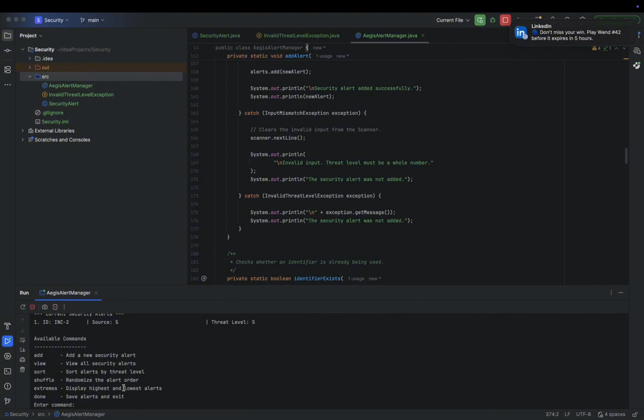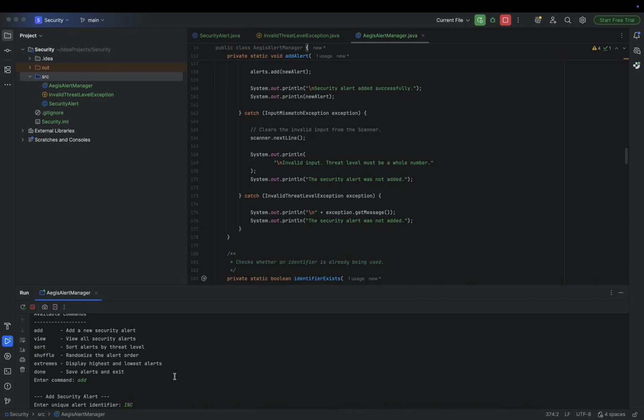This method is called when the user enters done. It creates a file named threatlog.txt. I use a try-with-resources statement with a Formatter object. This prevents resource leaks and helps